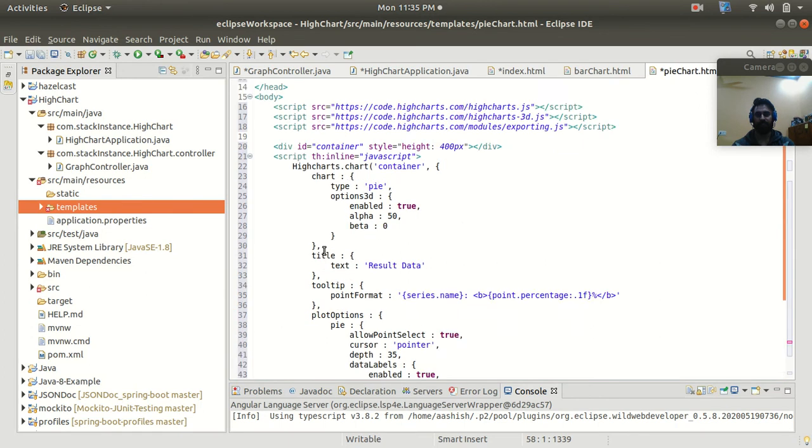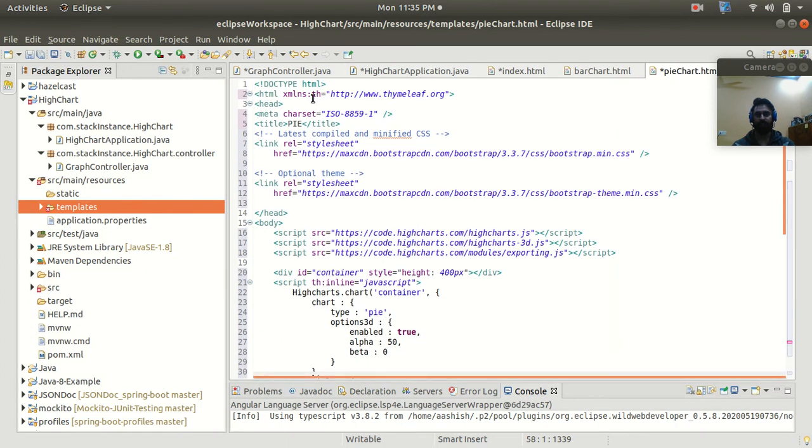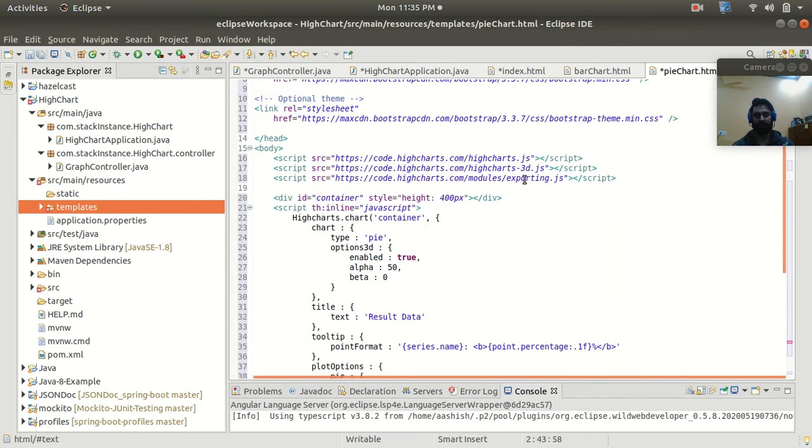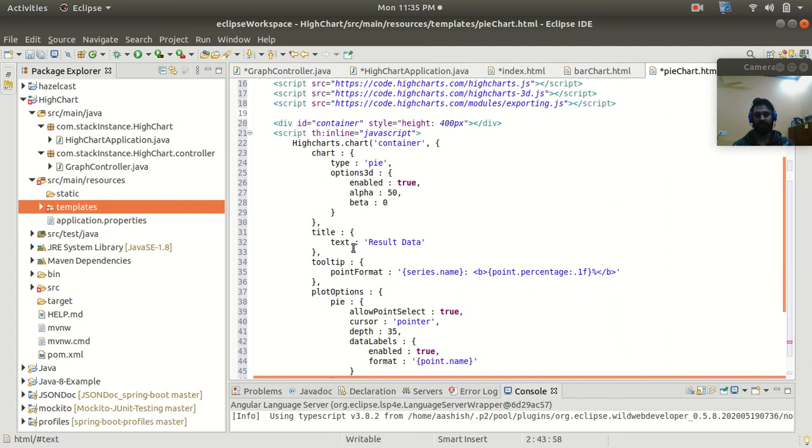Paste it here. So here you can see that I'm using Thymeleaf. So I have added www.thymeleaf.org, and in the same way I'm using highcharts-3d.js and highcharts.js, right? And here the text I am showing is the result data, and the type is pie, right?